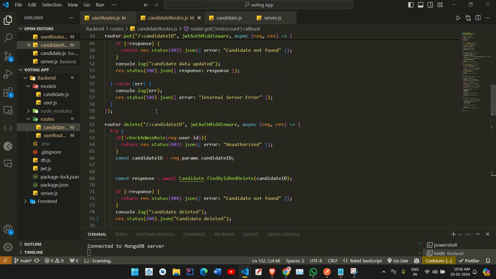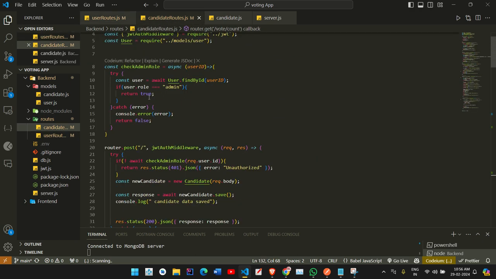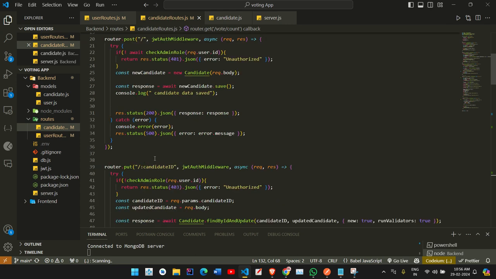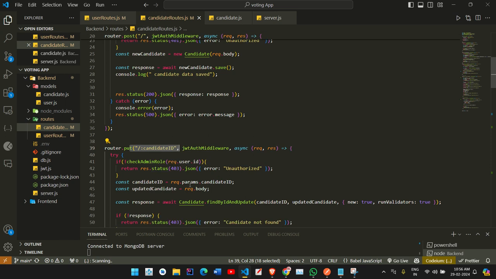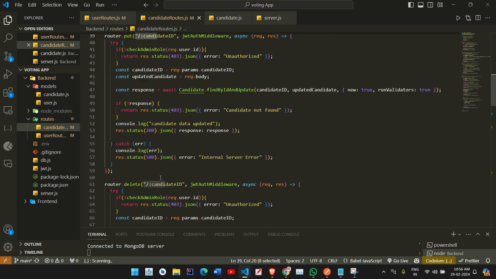In candidate routes, here is candidate ID for checking, updating the candidate. Actually, I have made it a voting app for which user will vote to the candidates. Here is to delete the candidate,